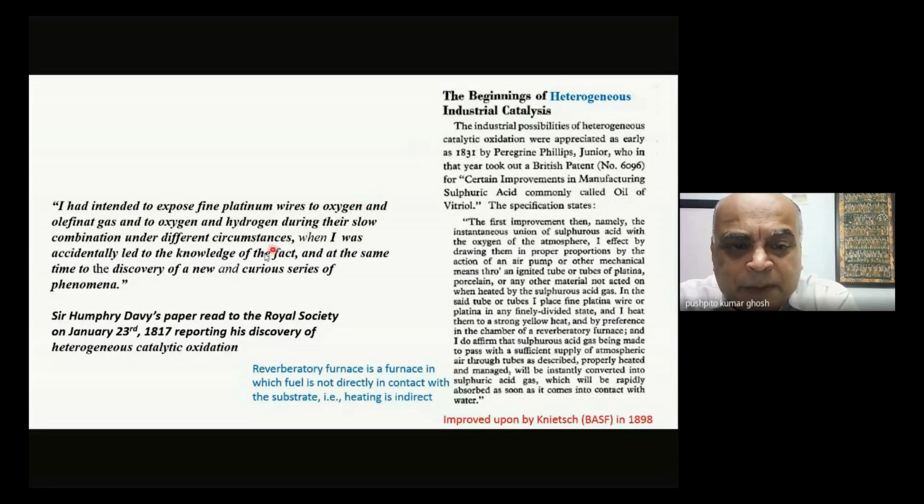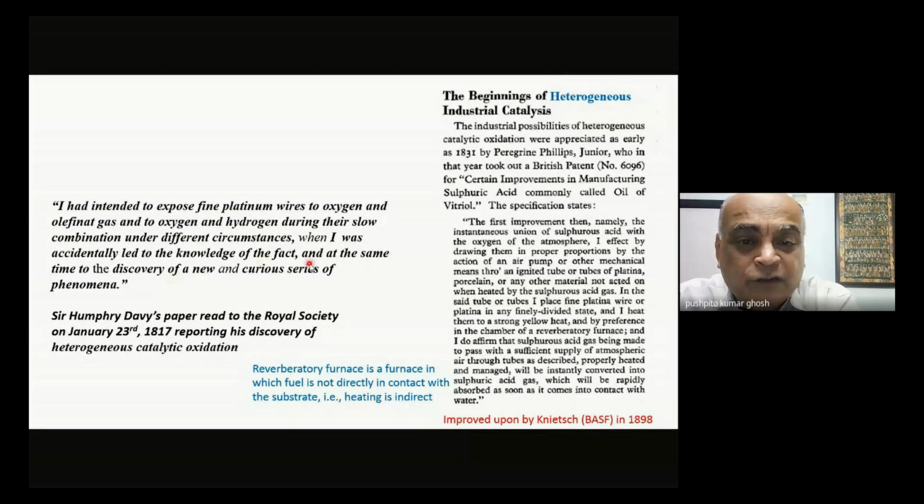Now, who were the people who did extraordinary work? One of them was Sir Humphrey Davy, whom you have heard of. He said something very interesting, and he's reporting his observations at the Royal Society in 1817. He said, "I had intended to expose fine platinum wires to oxygen and olefiant gas," so basically olefins, "and to oxygen and hydrogen during the slow combination under different circumstances, when I was accidentally led